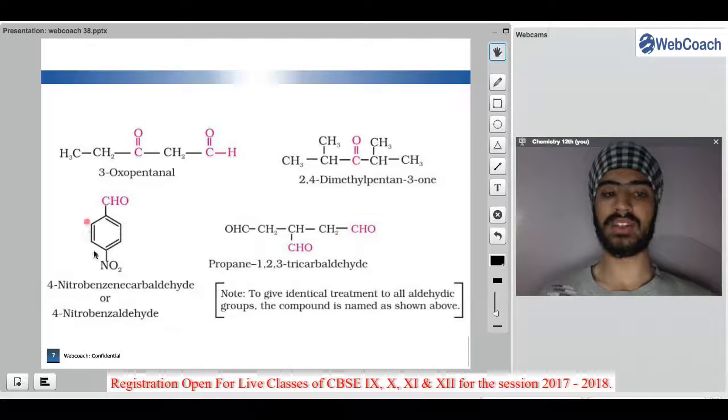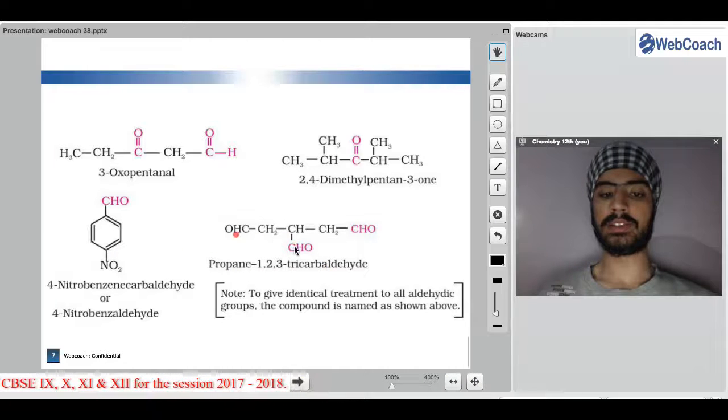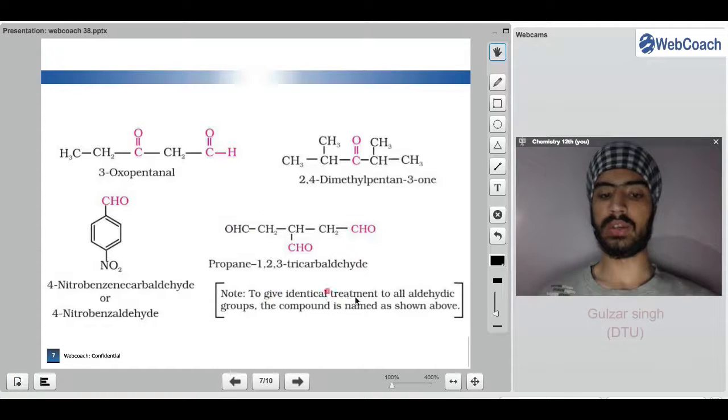Similarly, this is 4-nitrobenzaldehyde or 4-nitrobenzenecarbaldehyde. This is propane-1,2,3-tricarbaldehyde, as on each carbon we have an aldehyde group. So to give identical treatment to all aldehyde groups, the compound is known as shown above, since all the aldehyde groups are the same. So instead of propane 1,2,3 we write propane-1,2,3-tricarbaldehyde, because all the